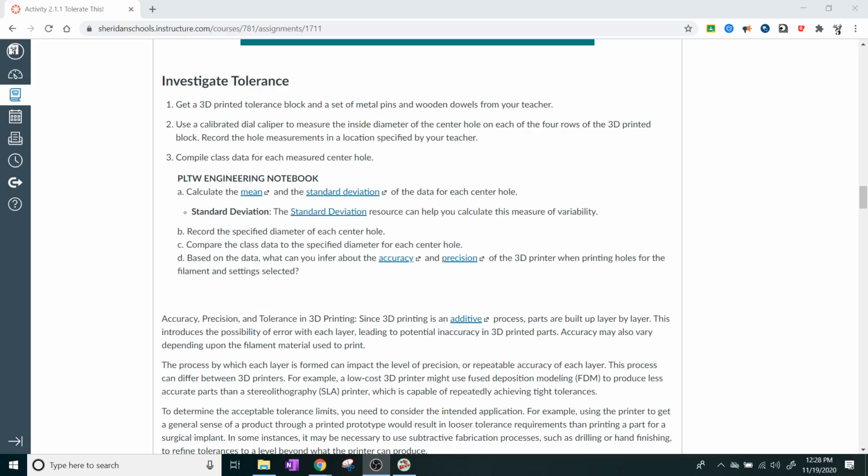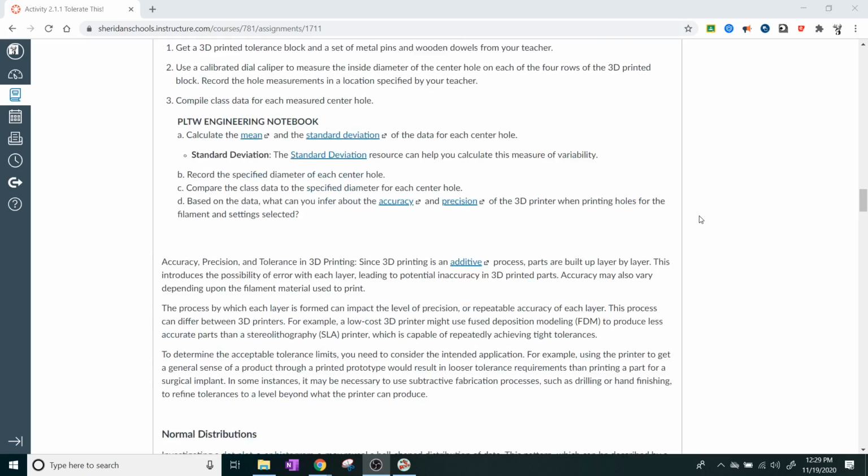Okay, IED, we're just going to take a little bit of time to tie up some loose ends about Activity 2.1.1, Tolerate This. There are a couple of concepts that I haven't really talked about yet that are going to end up being useful to you, not only with this section but other sections in the future. We've done the 3D printed block exercise, so if you haven't checked that, check out the other video